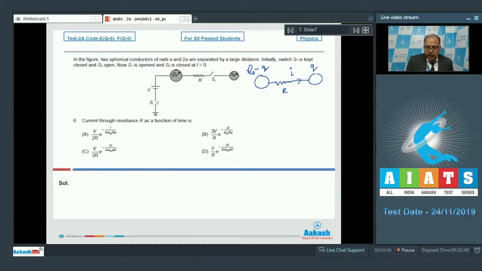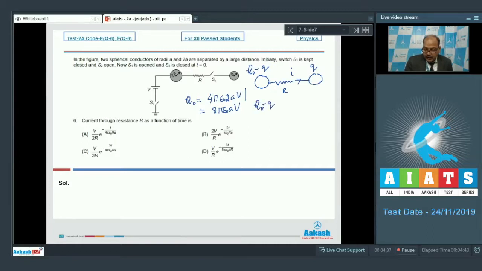And what's the value of Q0? Q0 is equal to capacitance of this into V, because it was initially charged to potential V, and its radius is 2a, so its capacitance is 4 pi epsilon naught 2a into V. That means it is equal to 8 pi epsilon naught a into V. That's the value of Q0. And at an instant when S1 is disconnected and S2 is connected, this is the situation. Of course, the two spheres are far apart from each other. So at some time t, the equation will be